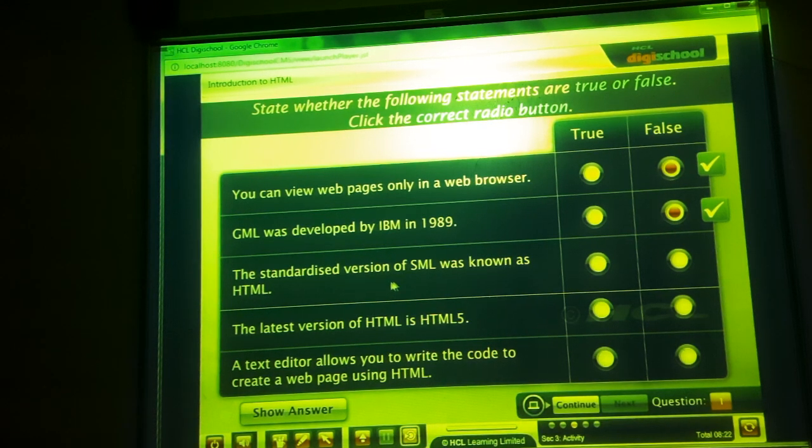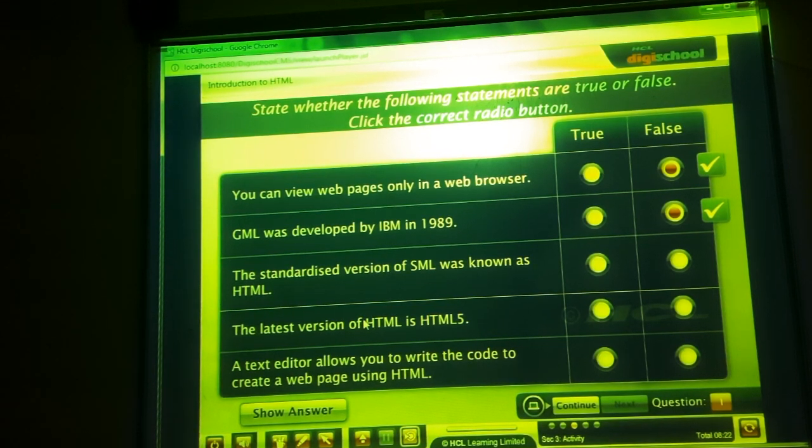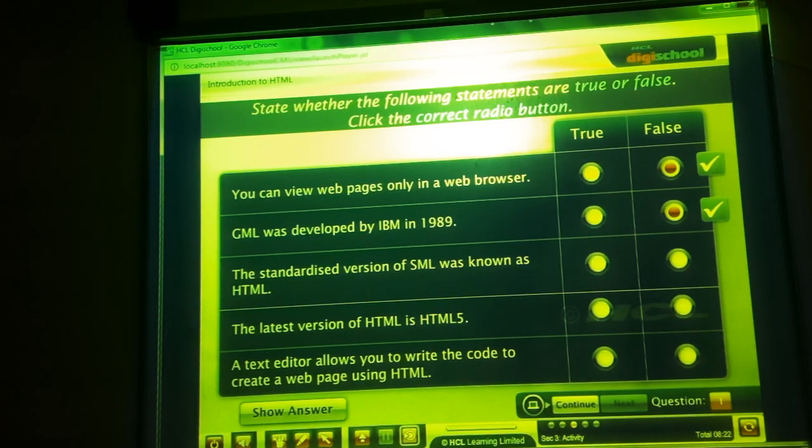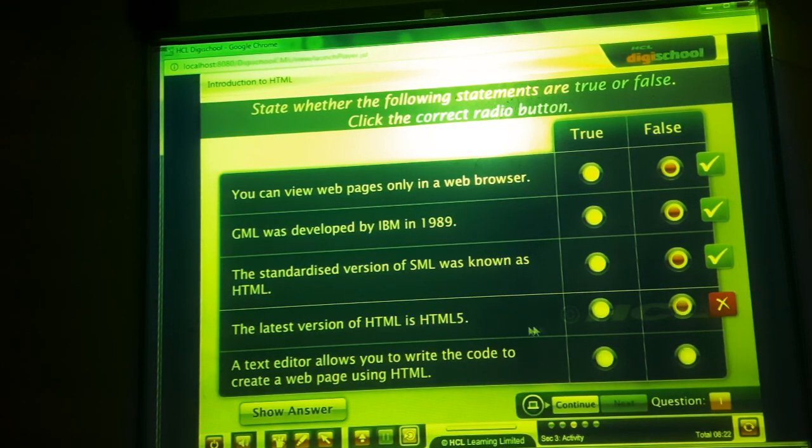The standardized version of GML was known as HTML. False. मैं false बोलता हूँ भाई. The latest version of HTML is HTML5. True. The text size are